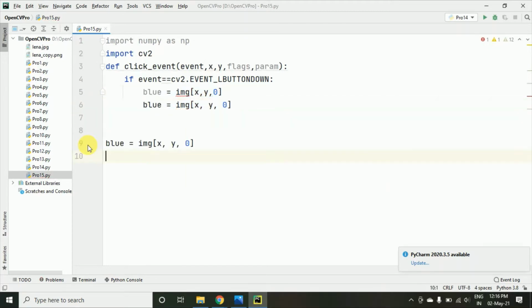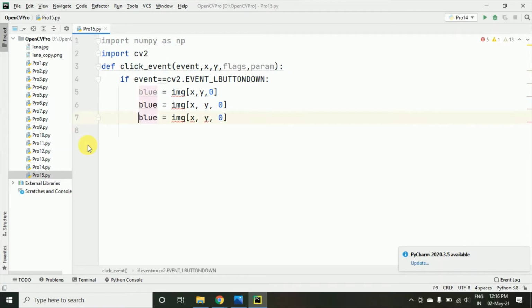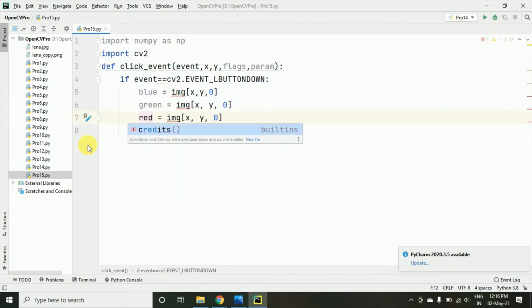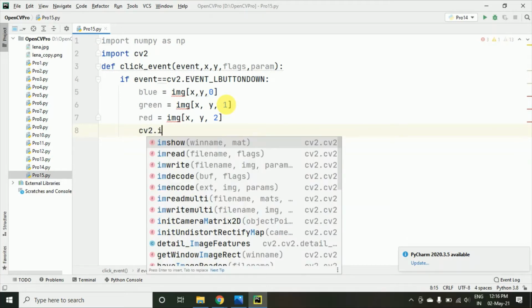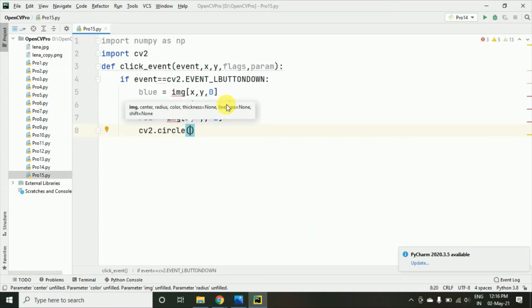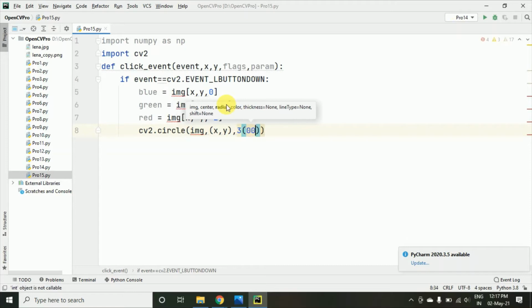Then I will be taking the blue, green and red, so BGR it would be, and for that respectively I have taken these indices 0, 1 and 2. After that I am taking cv2.circle. Like in the previous program, we were handling the click event with the help of circle. A small circle will be drawn, because we have taken the radius 3 only. It's really small, and we will take it as a filled circle, so it will be just like a dot.